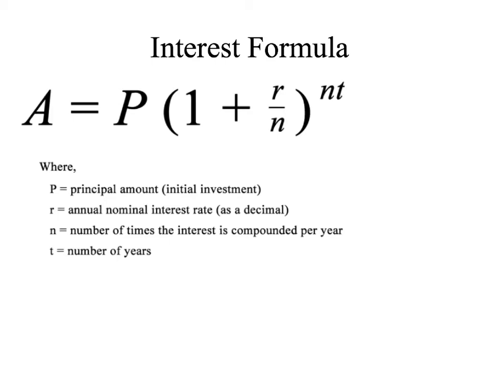So I mentioned today in class that there are different interest formulas. This is sort of the standard interest formula. It looks similar to the one we got in class, but it's got some extra features. So A equals P times the quantity 1 plus r over n, all raised to the nt. P is the principal amount, r is your interest rate as a decimal, n is the number of times it's compounded per year. So if it's annually,